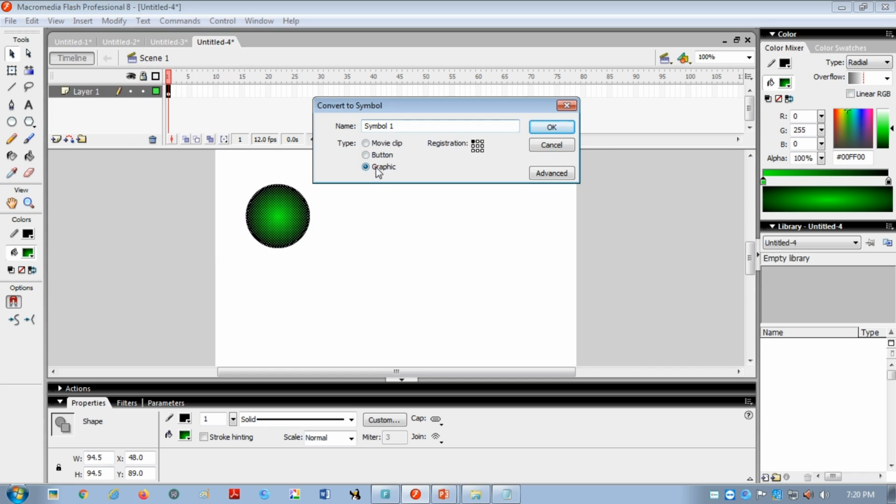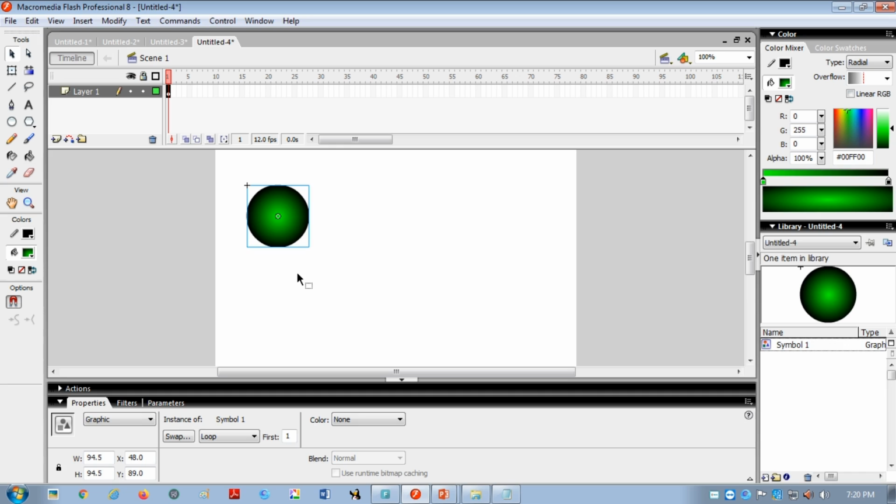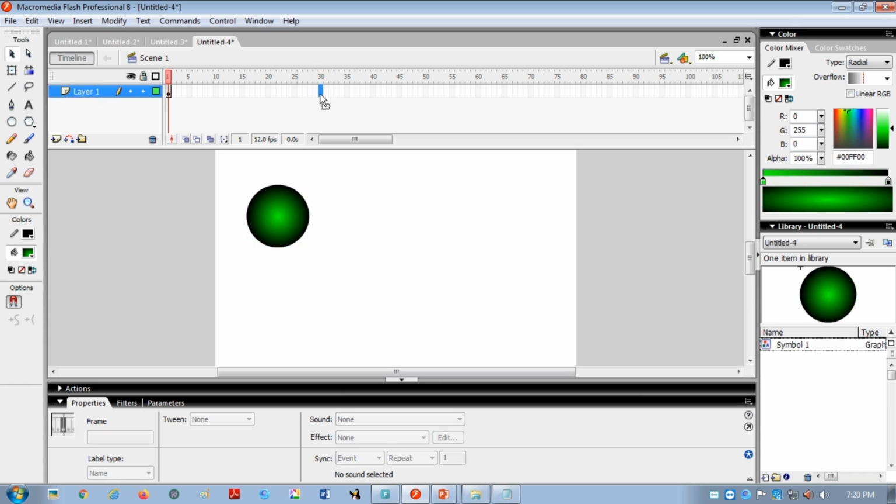And then you have to select this Graphic symbol, आपको यहाँ पे ग्राफिक पे टिक करके ओके करना है. So this is important whenever you want to do the motion graphic. Now it will not create a dotted line. अब जो पहले डॉटेड लाइन बनी थी ना, अब वो डॉटेड लाइन नहीं बनेगी. देखते हैं. Click on the 30th frame, यहाँ पे ब्लू लाइन आ गई.